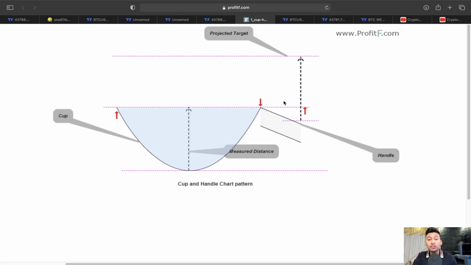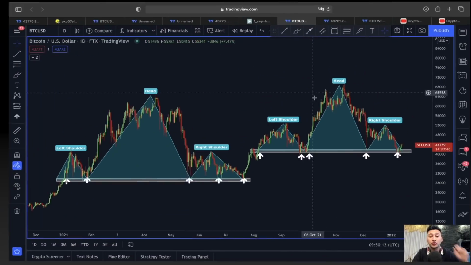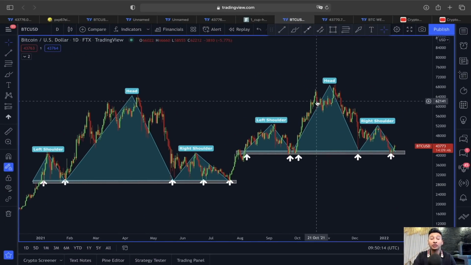And in case of any sort of a bigger pullback, we are also aware, guys, the price of Bitcoin has some strong line of support lying around this 40,000 range. Only if we break this 40,000 support line, then I am going to show you an actual trend reversal scenario where the price of Bitcoin looks very ugly. But for now, as long as we hold this 40,000 range, we will be monitoring this example,